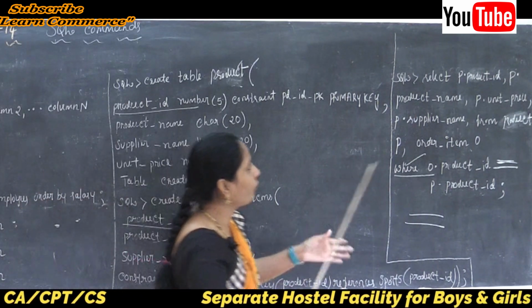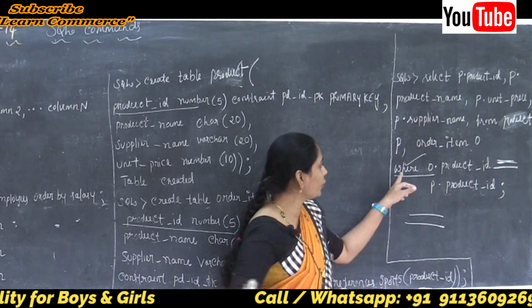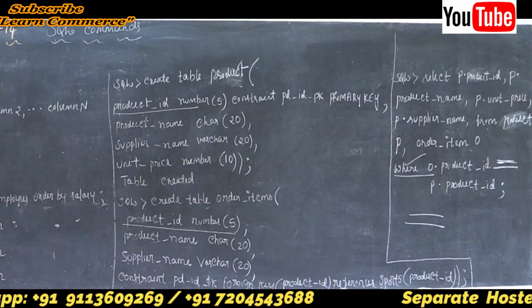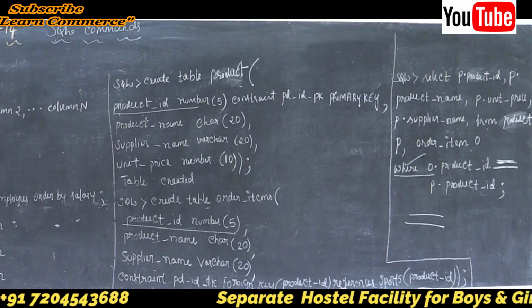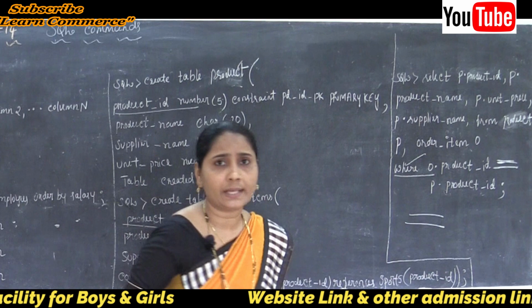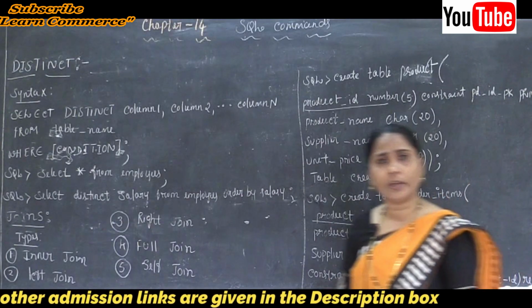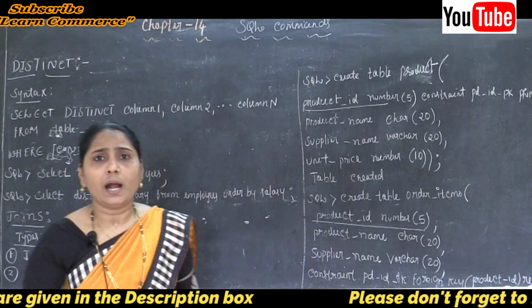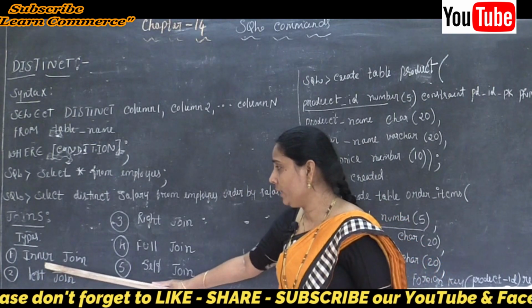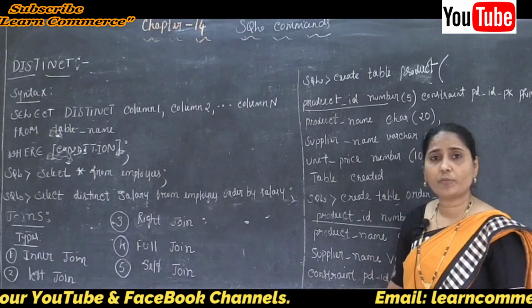So such a join of a table is possible in a select statement, and we also need to use the where clause to join one table to another table. Now, after completing the join example using the select statement, let's look at the different types of SQL joins available: inner join, left join, right join, full join, and self join.